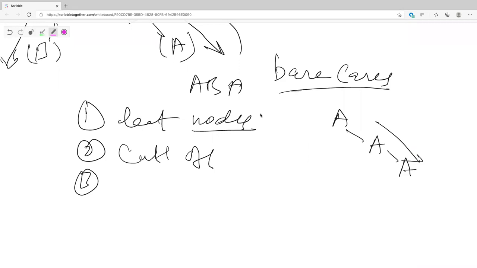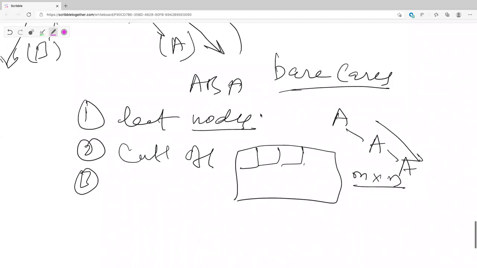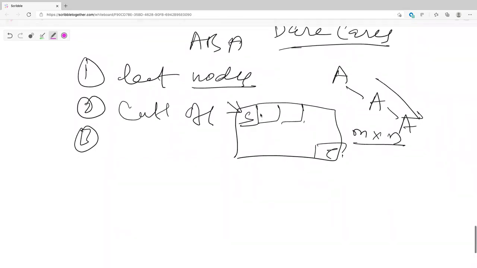So basically, suppose you have an array, like let's say you have a 2D array or M into N matrix. Here you are starting from a start point and you're going to the end. So here your base case is going to be you start from the root, which is S. You're going to explore all possible routes. You're trying to reach E. So here your leaf node is going to be only one, which is E. As soon as you touch E, you're done.